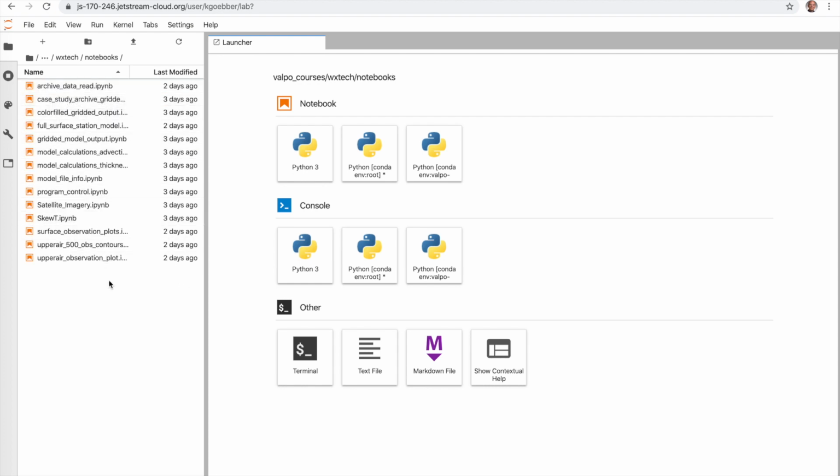Here in this notebooks folder are contained all of the notebooks that I've created over the course of this semester that we're going to use, that we've either already used or will use for the remainder of this semester. My advice is to not use any of these directly so that you always have these to come back to. And so if you wanted to start with a copy of one of these notebooks, for example, the color-filled gridded output, which we did before